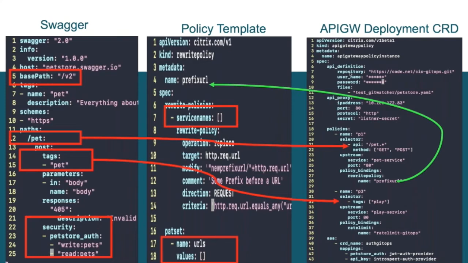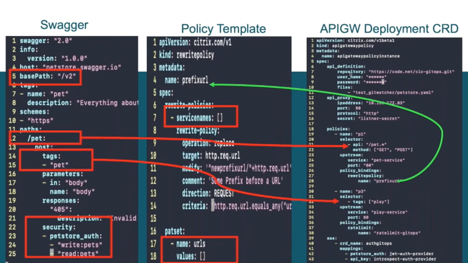There you need to specify the VIP or endpoint IP where you will expose this API, the port, the protocol, and if it's SSL, your secret details as well. The next and most critical part is the policy mapping. Here you can give a policy name, which could be anything, and then you say you need to apply a select.